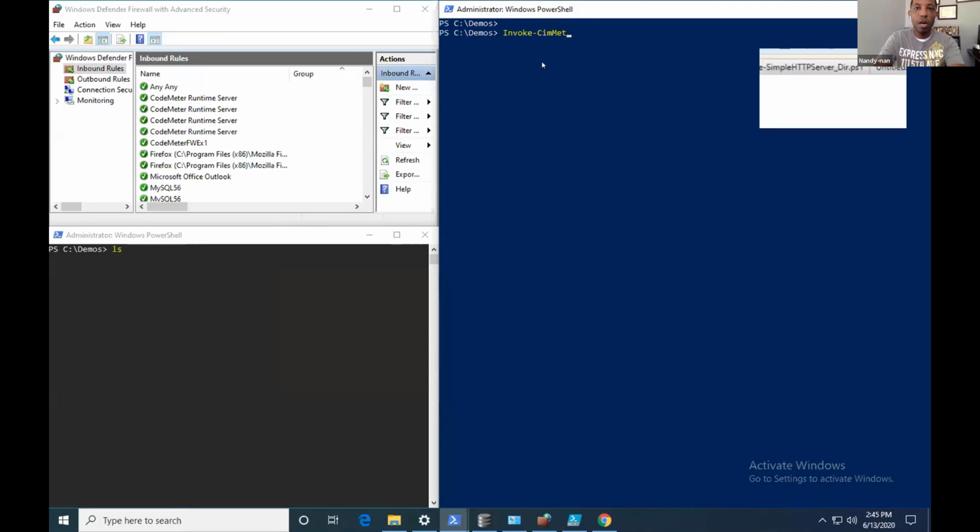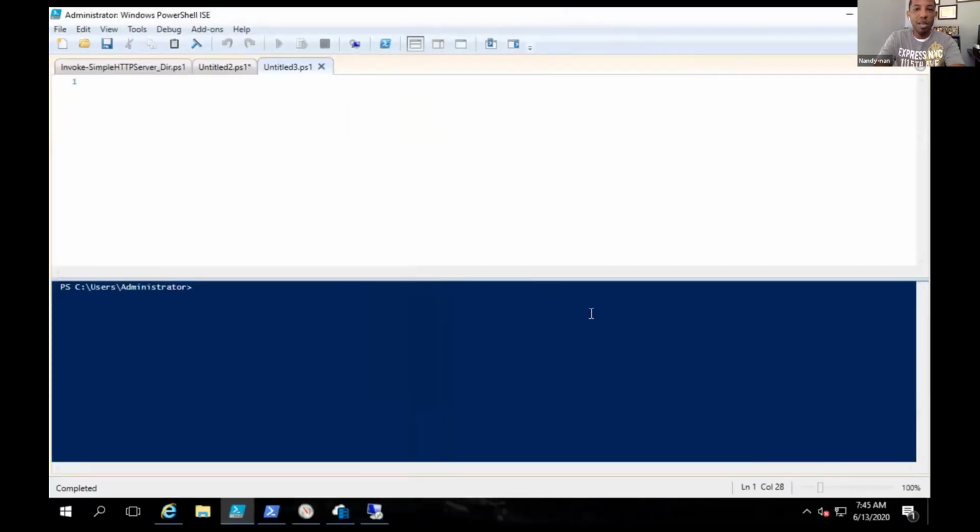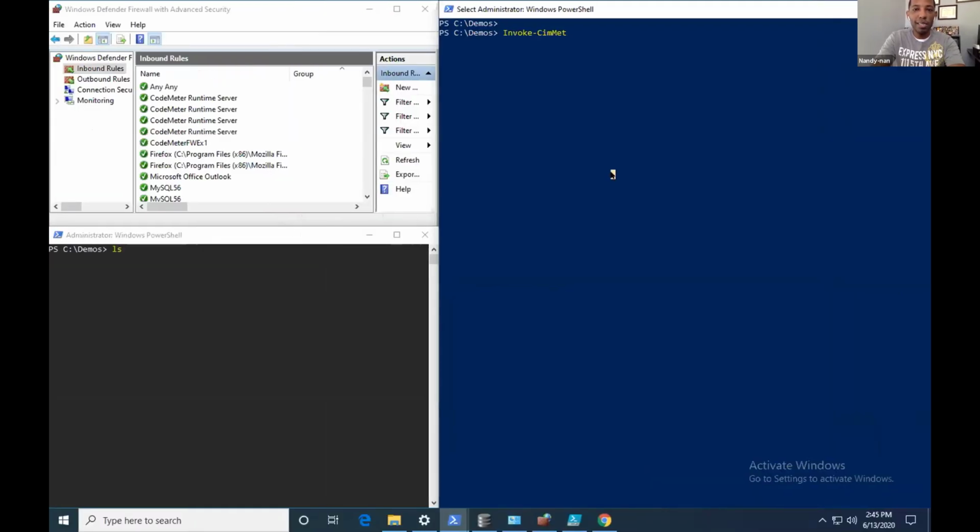Oh, just straight up PoSh2. All right, so this is another machine that I have. That's the one I'm going to run it against.